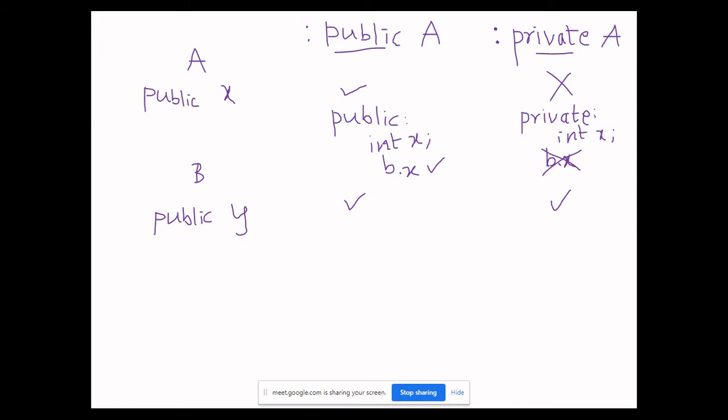This is just one combination of inheritance, public to private. So it is important that you understand this thoroughly before we move on to further combinations.